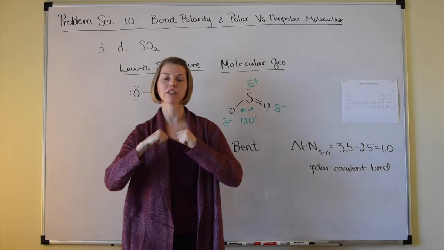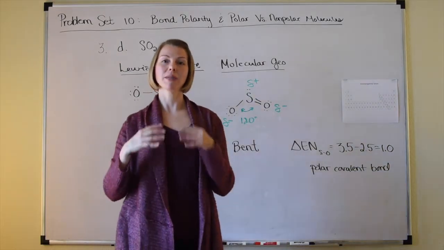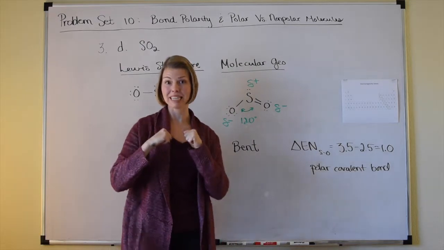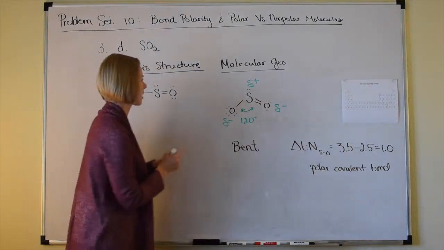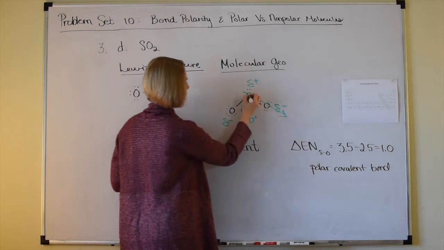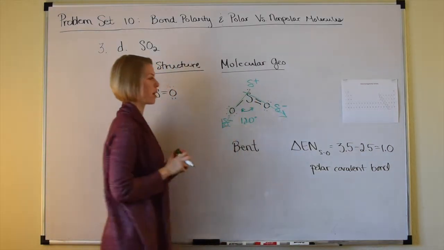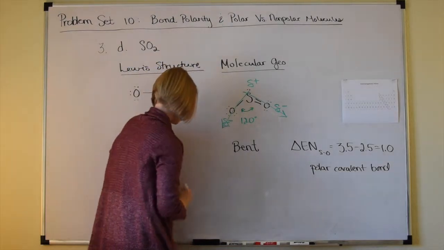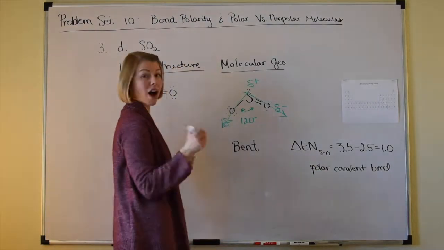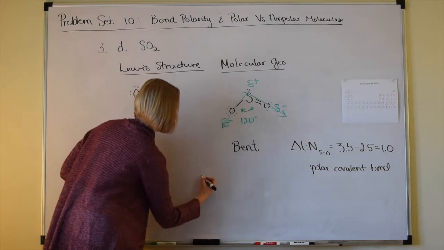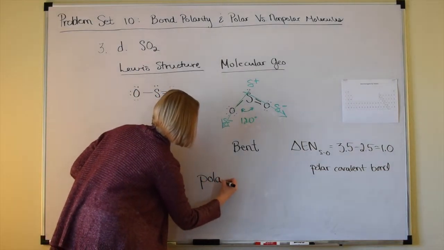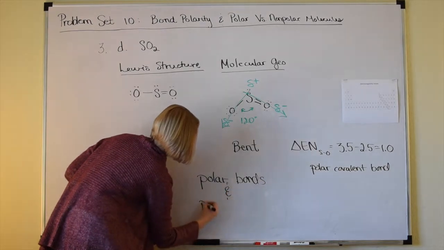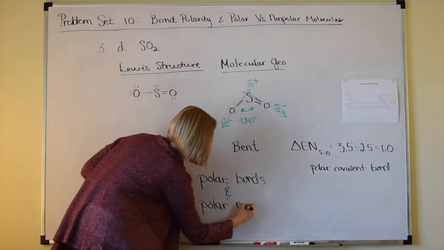If you cannot figure out the Lewis structure and the molecular geometry, you might miss the fact that this molecule is bent, which is why these polar bonds do not cancel out, and we have not just polar bonds, but also a polar molecule. So I'm going to write here polar bonds and a polar molecule